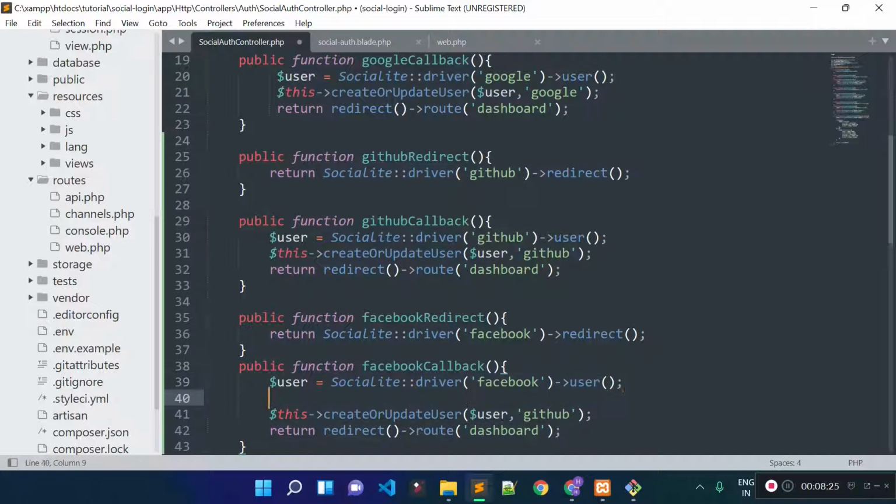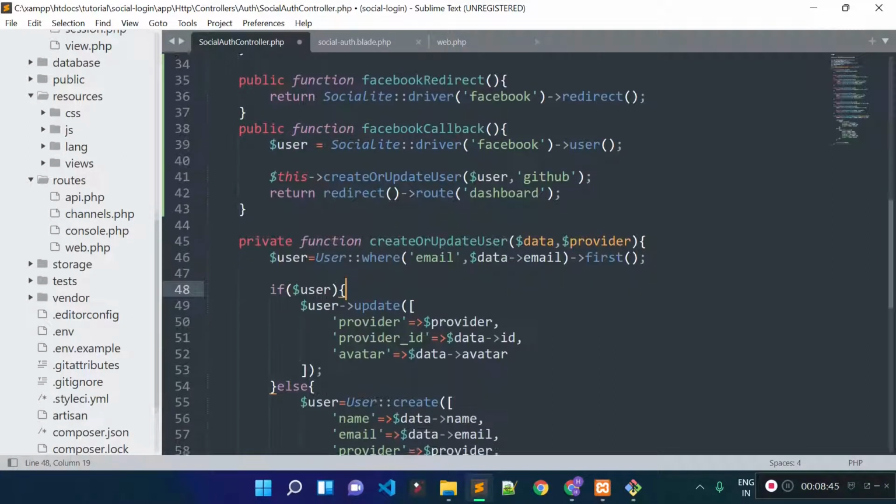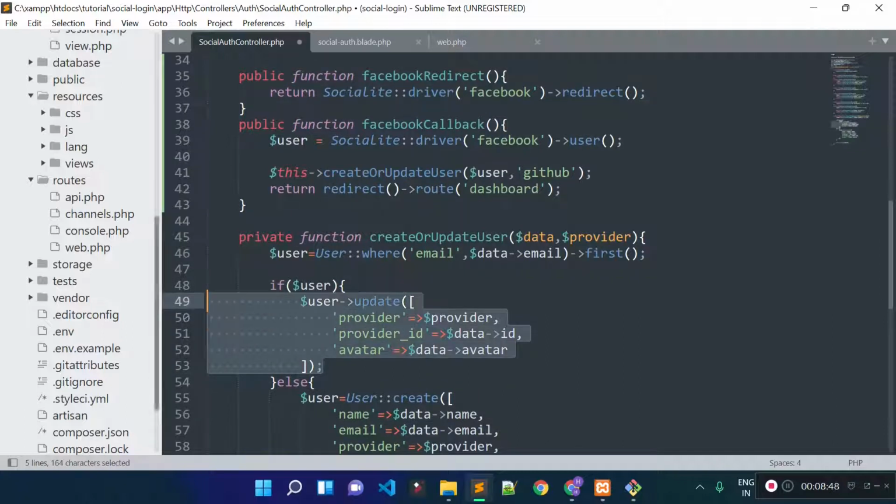And then what I did here, I created a common function, createOrUpdateUser, where I am accepting user data and provider name as parameters, and then I am checking if any user is found with the email address which we are getting from Facebook, then we are taking the first record, and if any user record is found with the email address, then we are updating the user's provider name, provider ID and avatar URL, because we cannot enter many users with the same email address inside our users table, because inside our users table the email field should be unique.